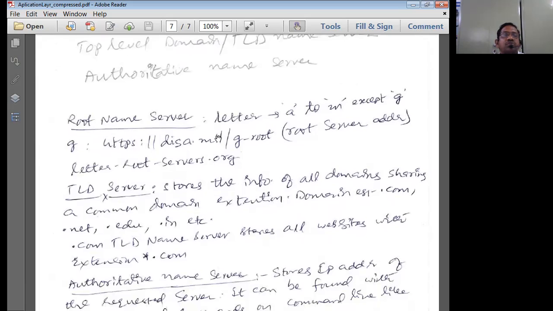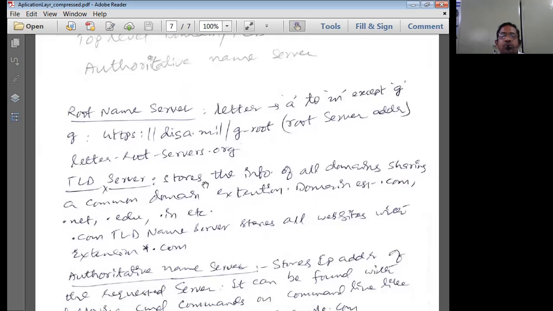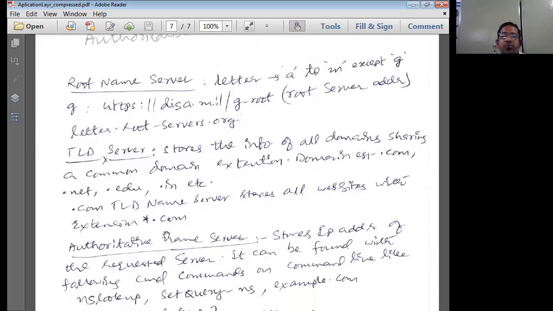Now, what is a root server? Root servers have letters from A, B, C, and so on up to M. The root of all the roots is the ultimate root of the entire server set. Now, the TLD stores information of all the domains sharing a common domain extension, that means .com, .net, .edu, .in.